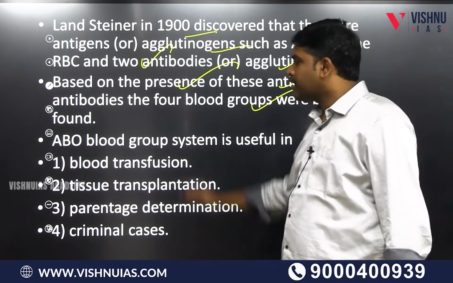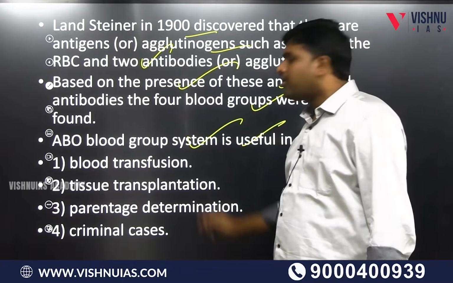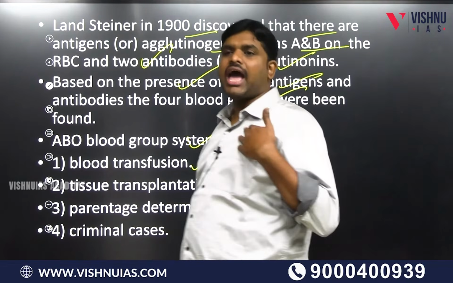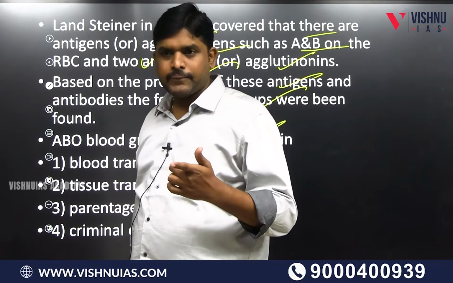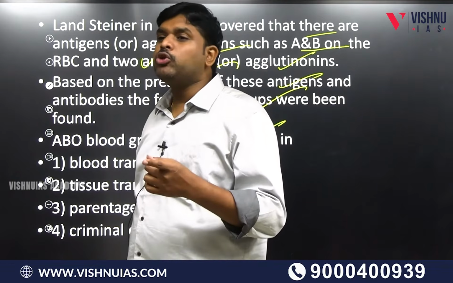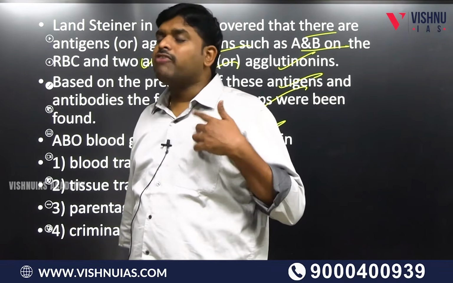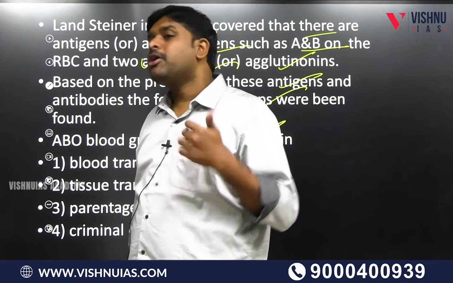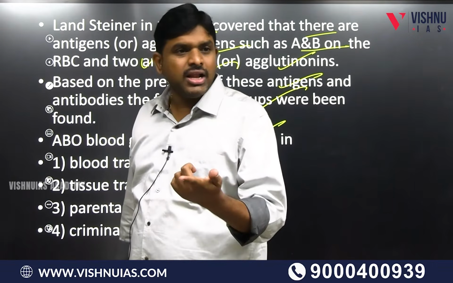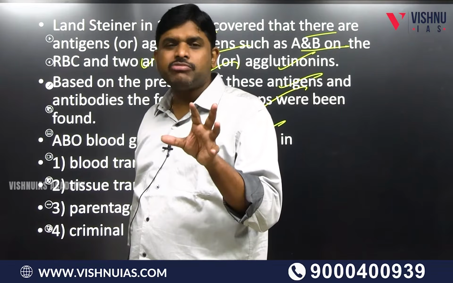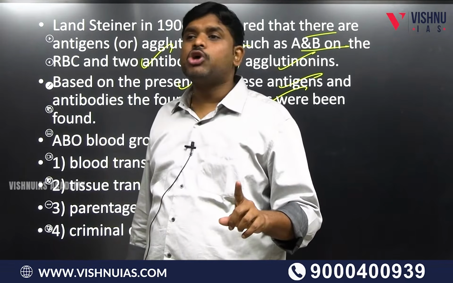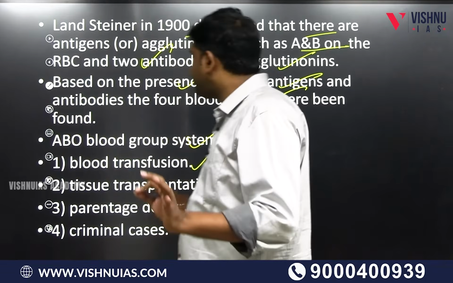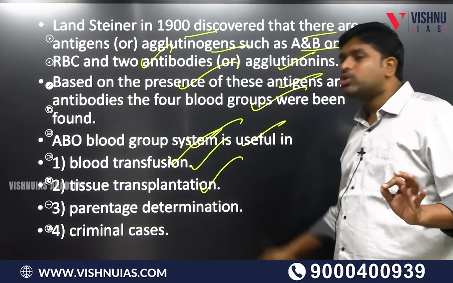ABO blood group system is useful when there is blood transfusion. If my blood group is A and your blood group is A, I can give blood. If my blood group is A and your blood group is B, I can give blood. If my blood group is O, your blood group is AB also I can give. Why? Because I am a universal donor, you are a universal acceptor. This calculation of blood transfusion will be according to blood compatibility. If blood compatibility is not there, then the man might die. So this study of blood is very important because of blood transfusion, tissue transplantation,